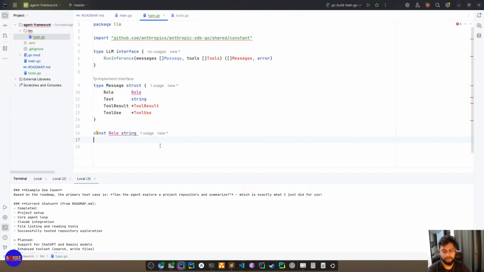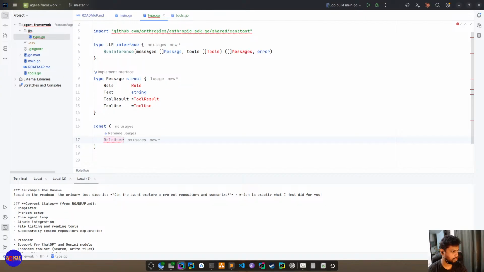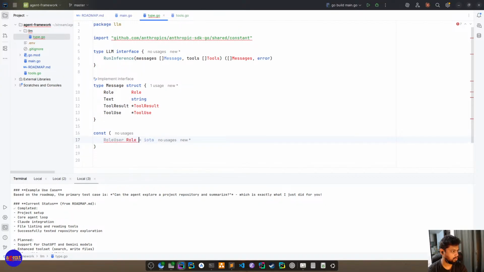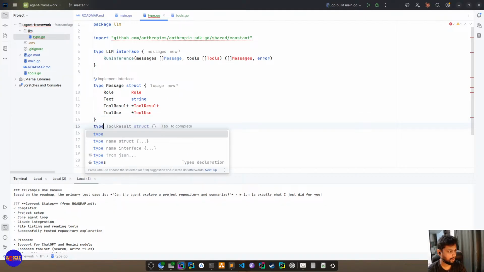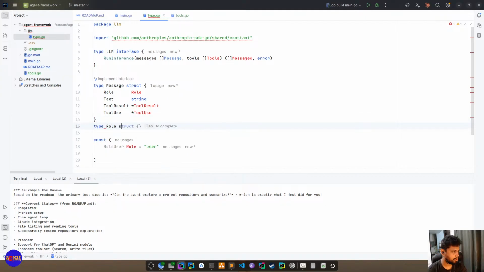We have to define a constant, a type alias.